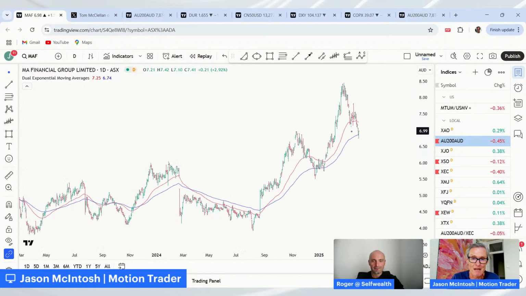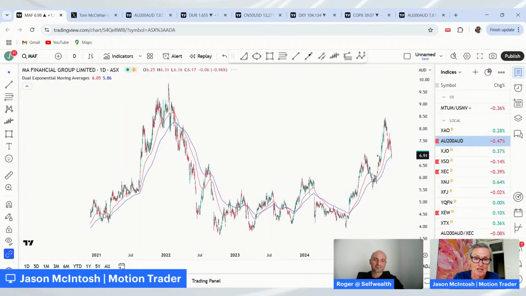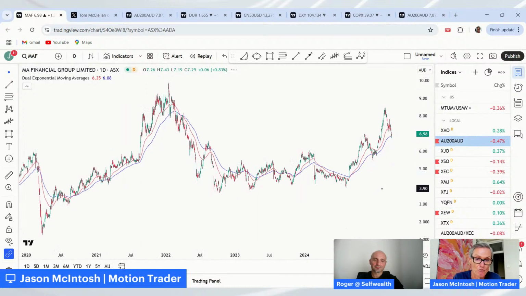Oh, it's pulling back with the market generally, but it's showing relative strength compared to the financials index and compared to the ASX. Whereas the financials are below their moving averages, below the 1500 day, and the ASX is below its 1500 day. MAF has just come back to the 100-day moving average. So it is in a position of relative strength. Whether that means it's going to go against the grain of the market, that's another matter.